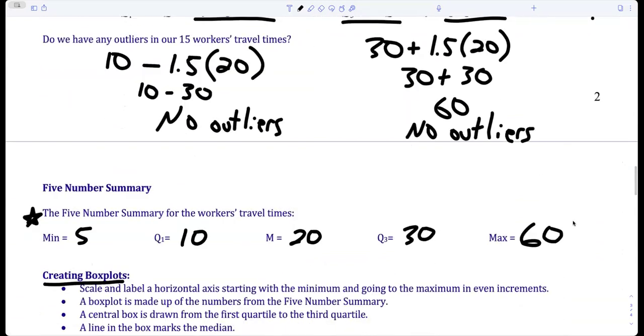If I change the max to 150, does that change how far spread out the data is from the mean? Yes, it does, okay? Therefore, they are affected by outliers, therefore we would say that the standard deviation and variance are, what's the word? Not resistant. Okay, we are going to stop